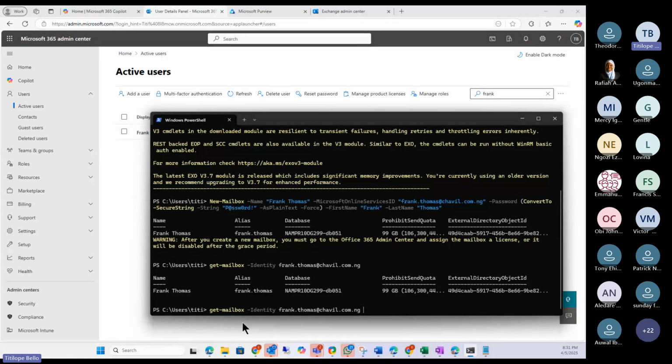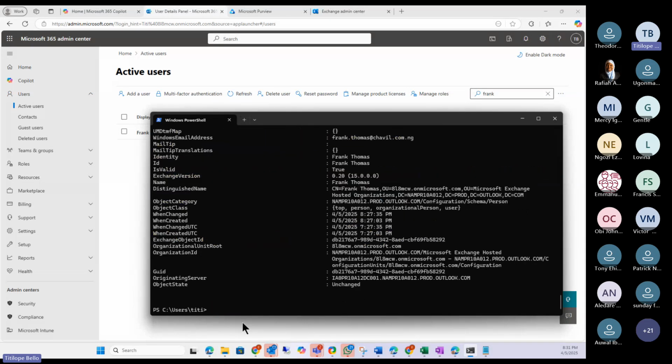Pipe means I'm going to give it a condition, right? I want this particular information. FL simply means format list. That just brings everything, every piece of information about the user in a table kind of format, right? So if I hit enter, and you see,